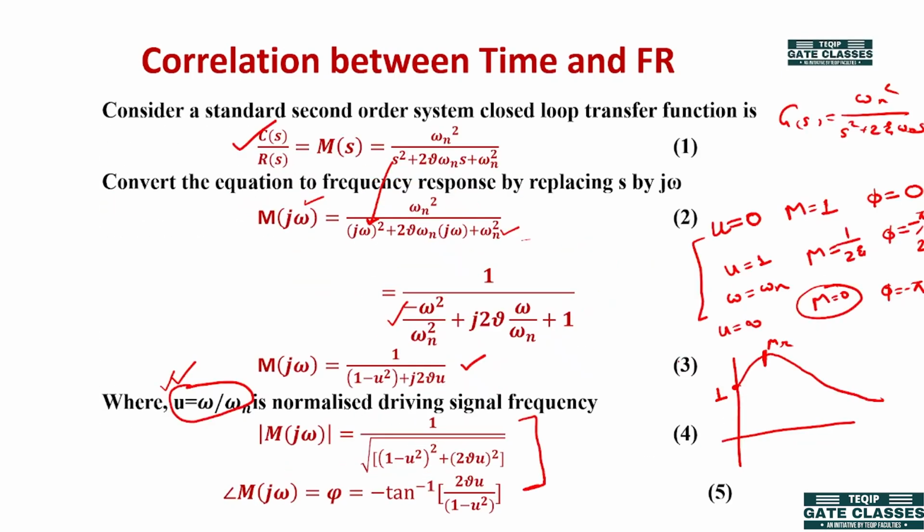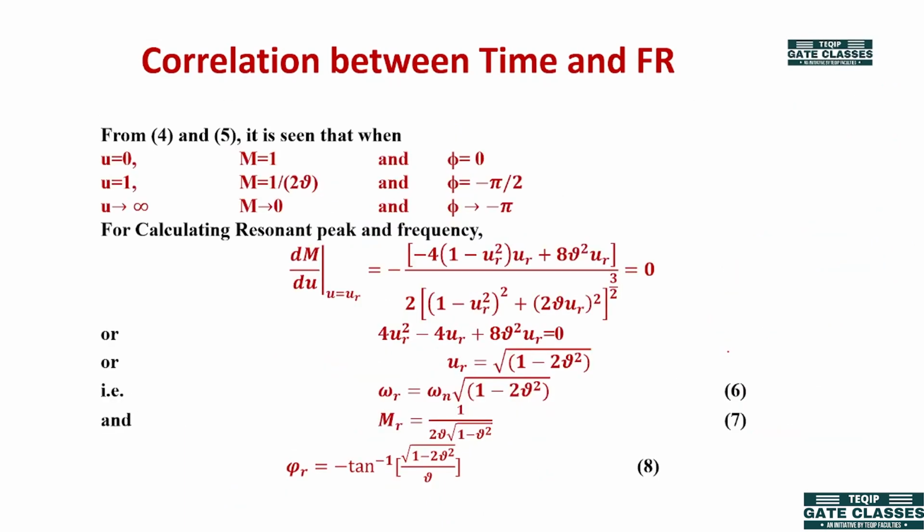So there exists some peak in between this u equal to 0 to infinity. In between these two frequencies there exists some peak. To calculate that peak value, we take the first derivative and keep it at 0 while varying the u frequency. While varying u, how is this magnitude varying? So we keep the first derivative as 0 to calculate the peak value. We will simply do the differentiation using this equation.